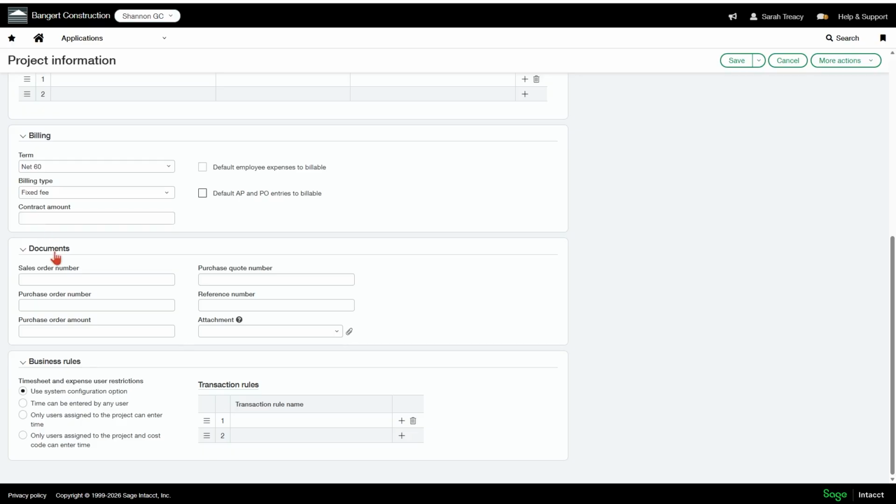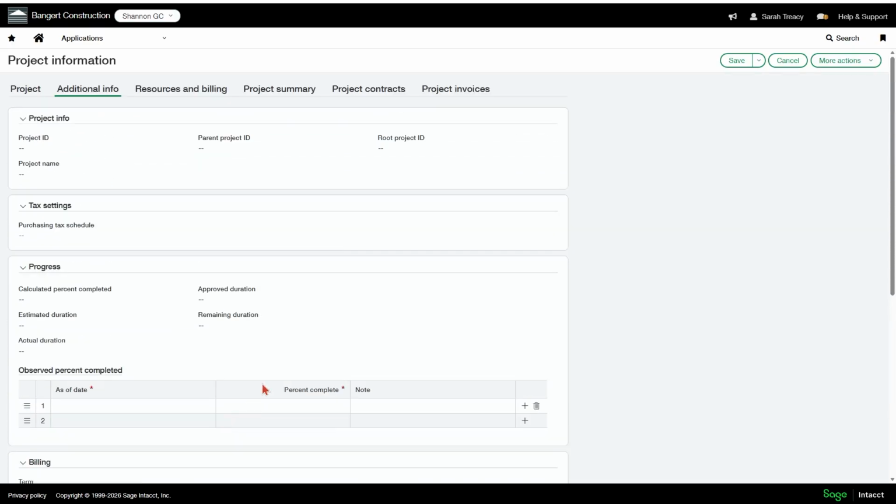Here on your documents section, then anything that you want to fill in here, if it's something that you require, go ahead. You can drag in an attachment as well, and business rules as well. Not going to go into that in this series, but you can look at our YouTube to find videos on that. And then these are just additional tabs that you can turn on in the configuration screen, which have information related to this project once it's ongoing and you have transactions against it.